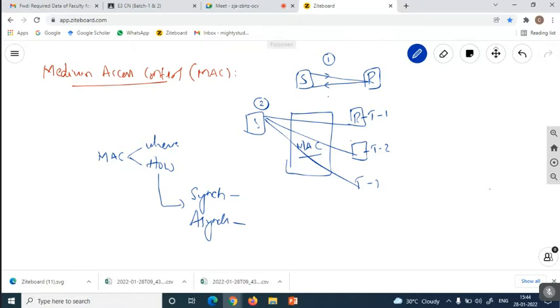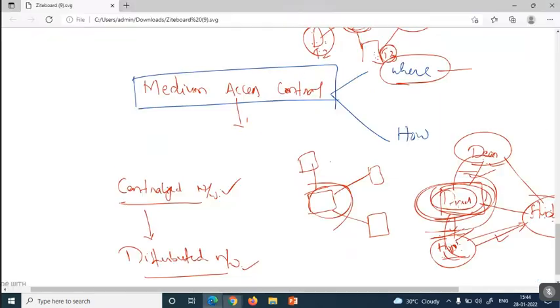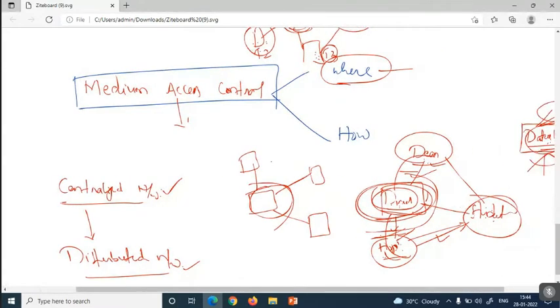Like that, this MAC follows either a synchronous or an asynchronous mechanism. Why? Because we don't know whether the information existing for all the terminals is common or different. If you see a simple example that we discussed in the previous class, in an organization the chairman gives information to these categories: deans, HODs, and the students.